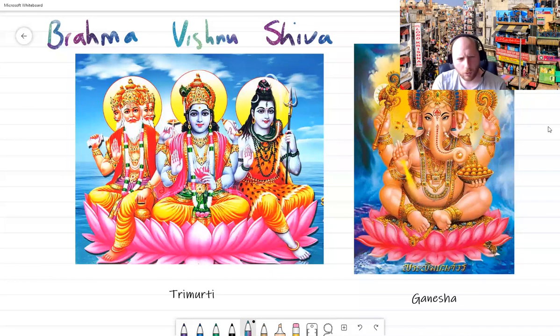So all round, he's a pretty good guy to have as a god. Now, there are loads of different stories about how he got his elephant head, but the stories do tend to agree that he wasn't born that way. As you can see, our gods usually have human heads. Now, his head, according to one story, my favorite one, he was walking through the forest one day,